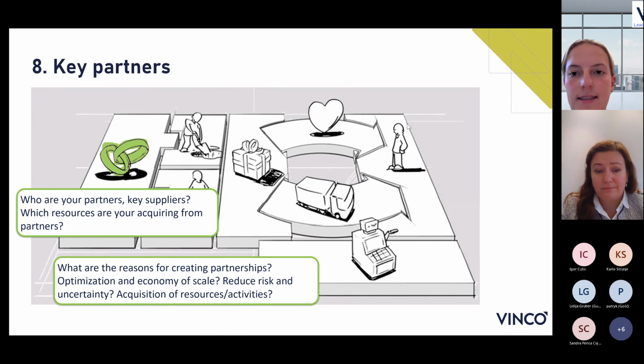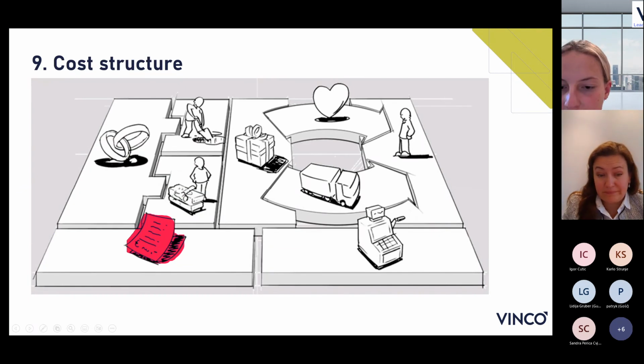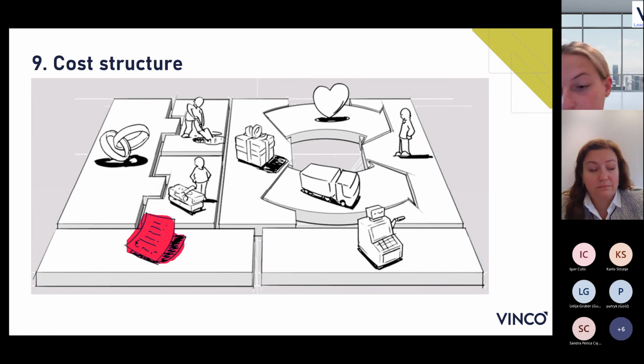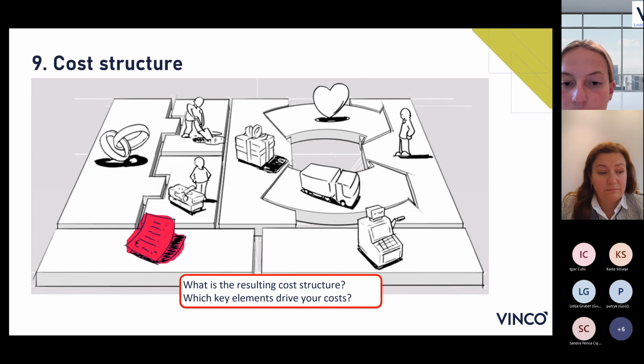Okay, and then the last building block, the cost structure. So all the costs incurred to operate your business model, creating and delivering value, maintaining your relationships, generating revenues, all incur costs. So naturally enough, costs should be minimized in every business model. But low-cost structures are more important to some business models than to others. Therefore, we can also